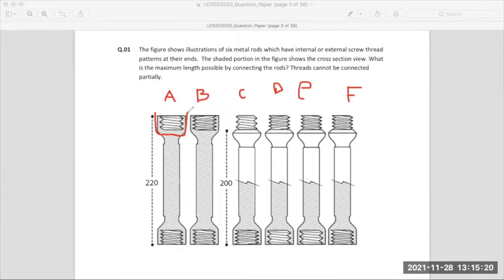What we'll also do is find the possible places where only a 3 thread screw can come together. So A and C, right? D also has these internal screw threads. Any other place? And then here also. Do you see this? Is there any other place where you find this 3 pattern happening?